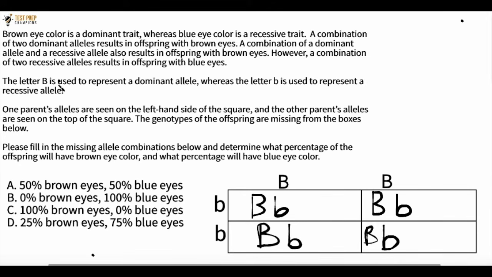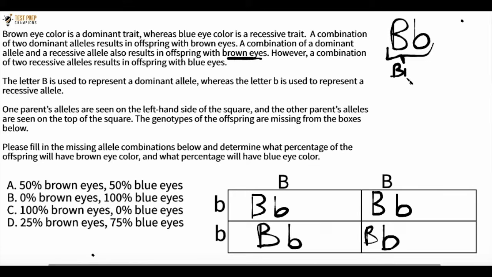It tells us here that big B represents the dominant allele, whereas little b is used to represent the recessive allele. So it tells us that a combination of a dominant allele and a recessive allele is going to result in offspring with brown eyes. The dominant allele is big B. The recessive allele is this little b right here. And if we combine one dominant allele with one recessive allele, the offspring will have brown